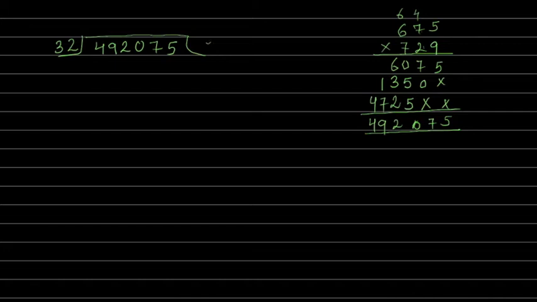First, I know it is going to be one time only. 32 ones are 32, 7 and 1. What we will do, we'll copy a 2 here. How many times will it go? 32 4s are, if you see, 4 2s are 8, 4 3s are 12. It can go 5 times. 5 2s are 10, 5 3s are 15, 16.